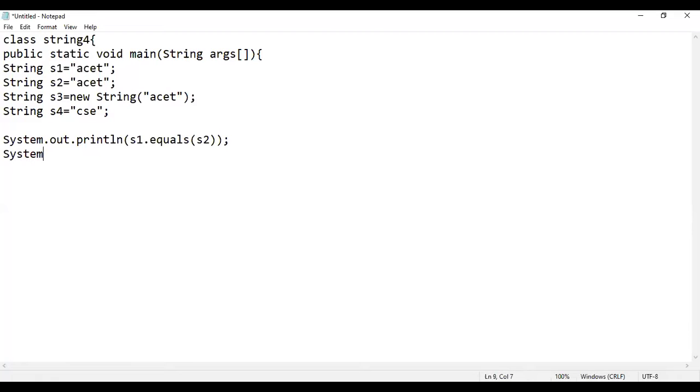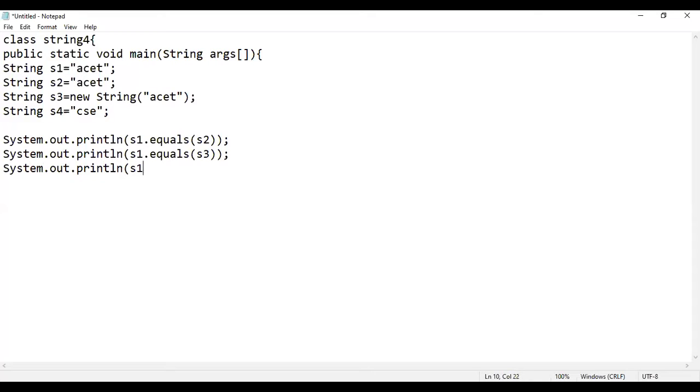Again we are having System.out.println, and here I am writing s1.equals(s3). Again System.out.println, and we are writing s1.equals